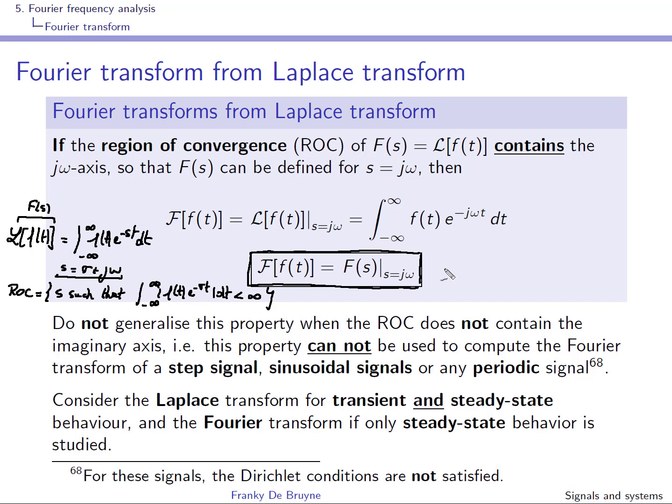Okay, so if and only if sigma equal to 0 is in the region of convergence of F of s. If sigma equal to 0 is in the domain of convergence, this means that this integral here, but with sigma equal to 0,